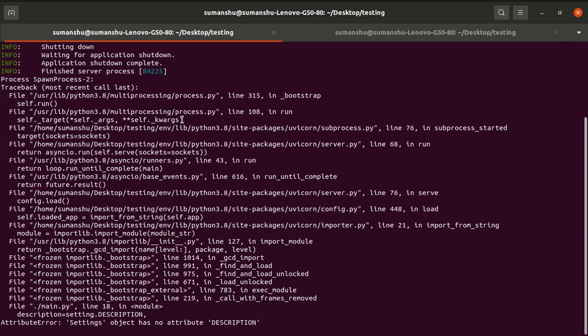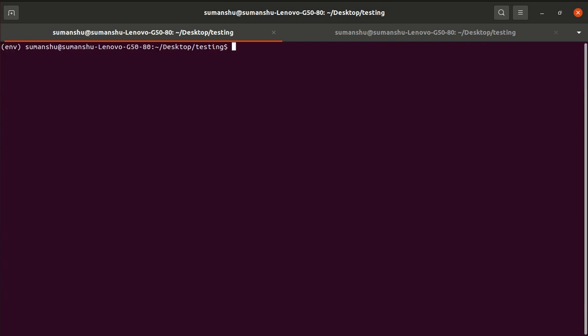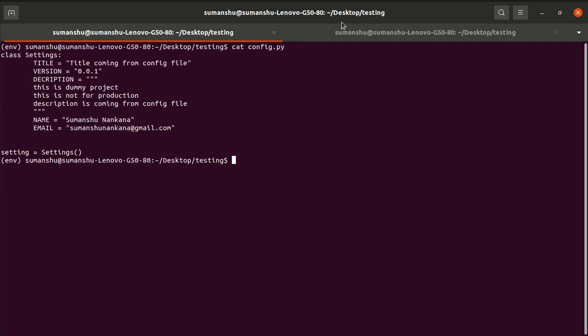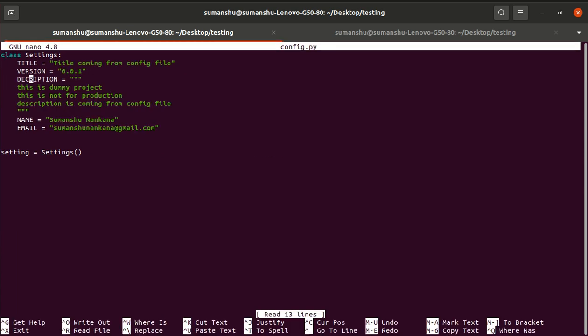Okay, so I get an error: object has no attribute description. Let me cross check. Cat config.py. Okay, the spelling is wrong. Let me open config.py with nano.